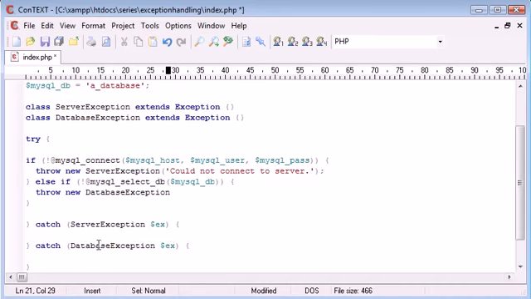Okay, so remember we're catching our server exception and database exception, and for that we're going to specify the message. In fact, we'll say could not connect to database, or could not select database. Okay, so now what we've done is we've created an if-else-if statement, and we have said if